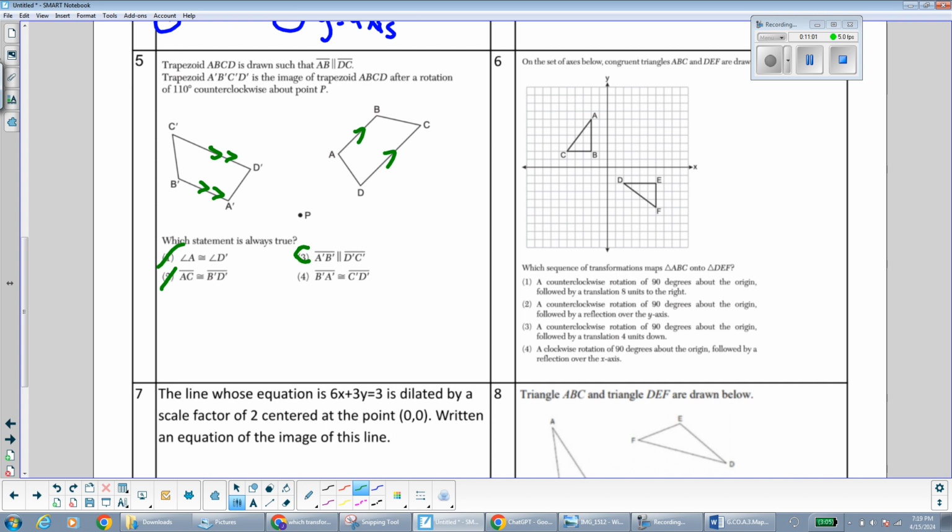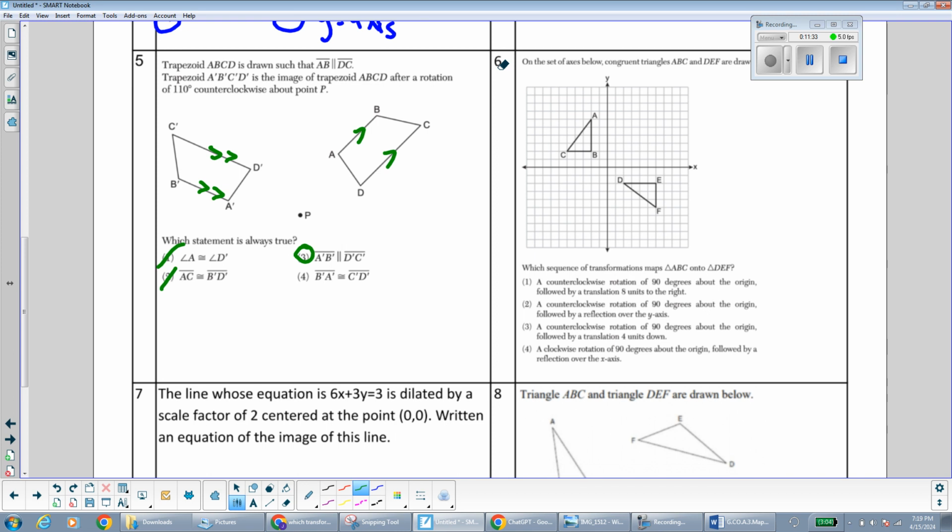That's always true. Finally, answer choice 4. No, we have no reason to know that B prime A prime is congruent to C prime D prime. In fact, since we know that this is a trapezoid, that would definitely not be true because bases of a trapezoid are never congruent. Legs of a trapezoid might be congruent if it's isosceles, but bases are never congruent. They're clearly different sizes. Moving on to number 6, it's asking which sequence of transformations maps triangle ABC onto triangle